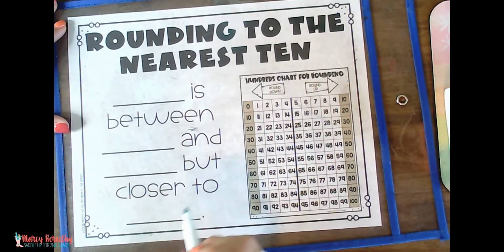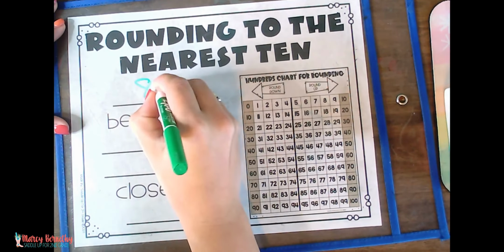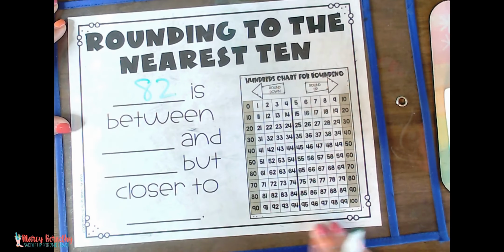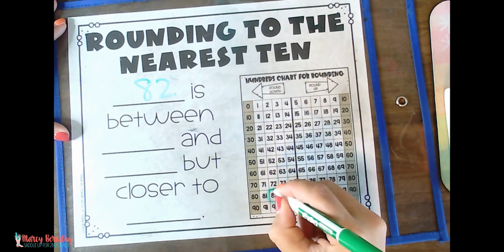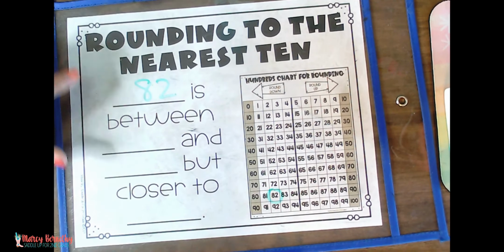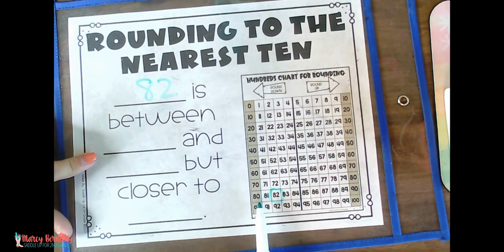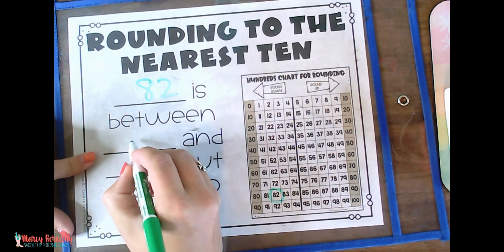Let's round the number 82 to the nearest 10. I would have them find 82 on their hundredths chart and they could circle it or color it in. Then we're going to identify what 2 tens 82 is in between. So 82 is between 80